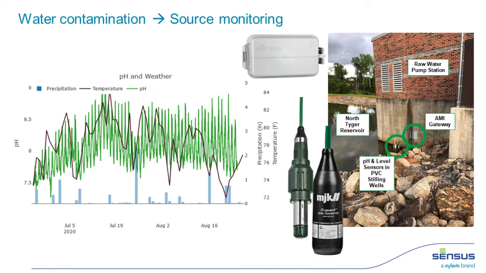And then Tom mentioned water quality contamination or water contamination. And so this is an example of one utility that has multiple water sources. And they realized they wanted to start monitoring at these sources for quality. And you can think of this as pre-treatment. If you've got multiple sources and you can decide which source to draw from, in this case, both sources feed to the same plant. If you saw a water quality concern at one source, you could switch to the other. And so that can be pretty beneficial.